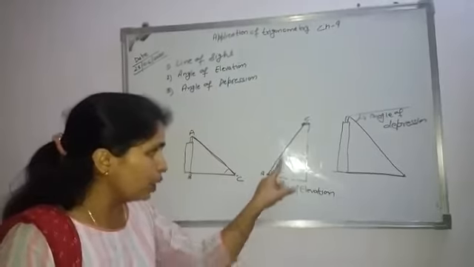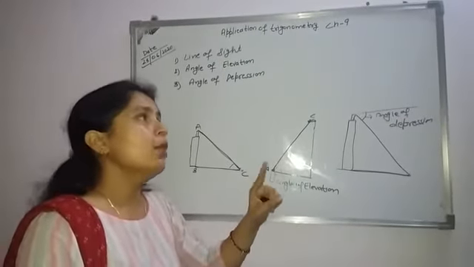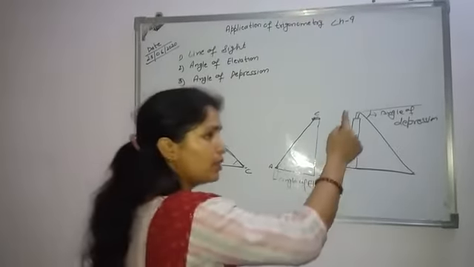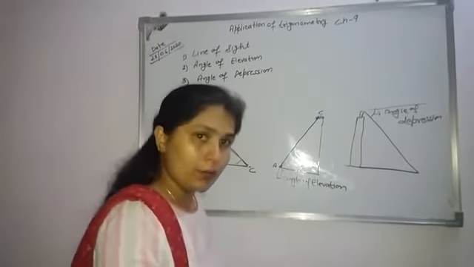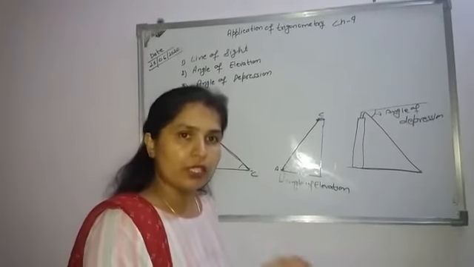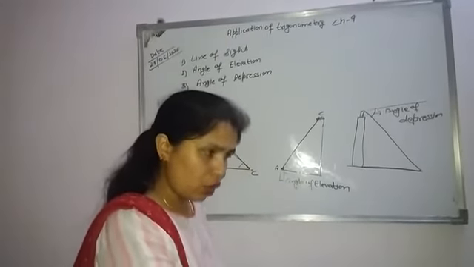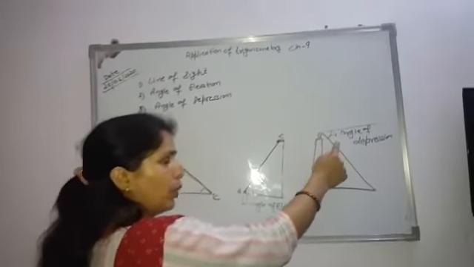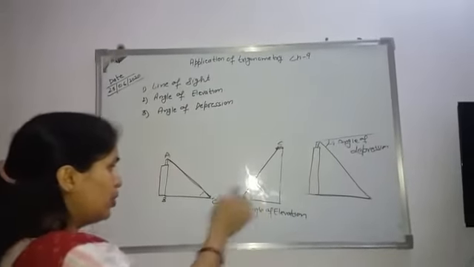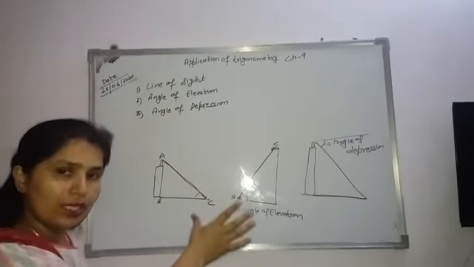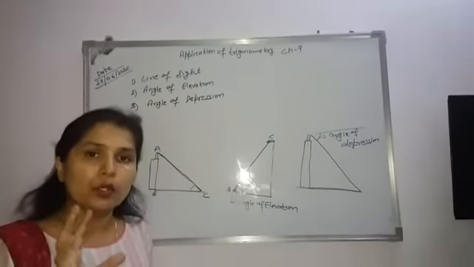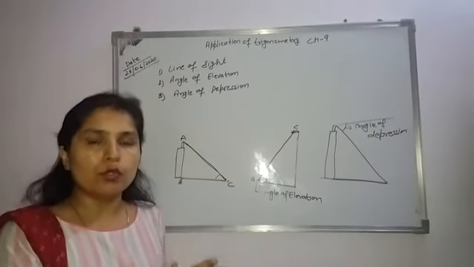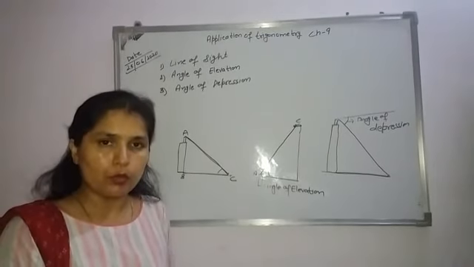So this is the angle of elevation. When our head is up, then always there is angle of elevation, and when our head is down, to see the object which is given to us, then there is angle of depression. Okay, angle of depression, angle of elevation, and the line of sight. So these three things we will use in our questions. We have some questions based on this topic. So come to exercise 9.1 and question number first.